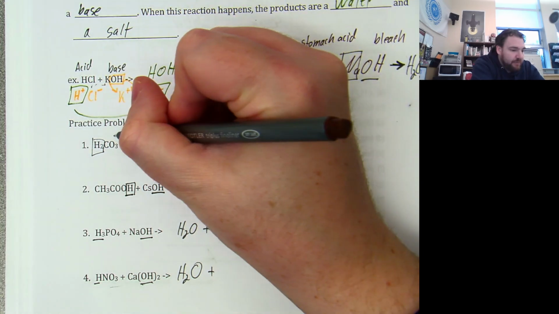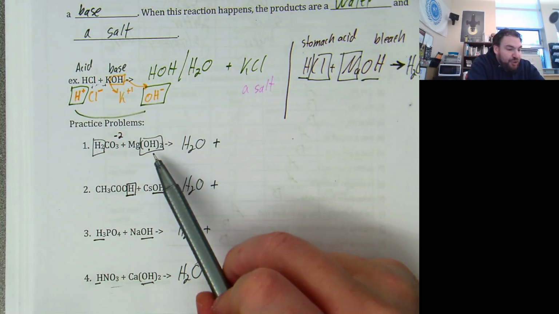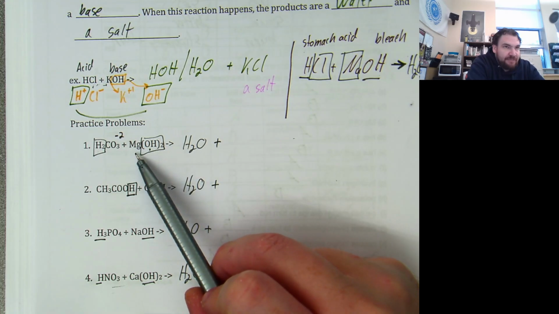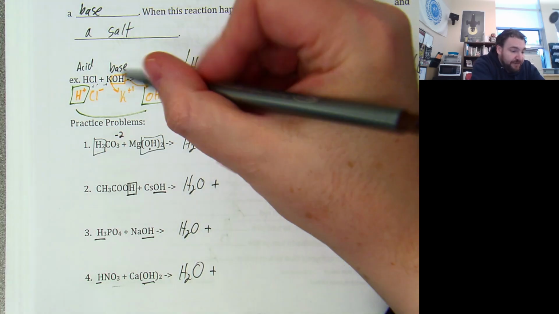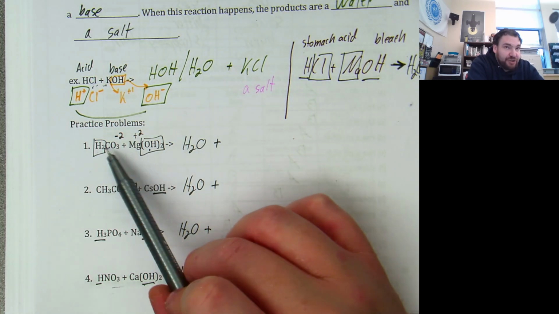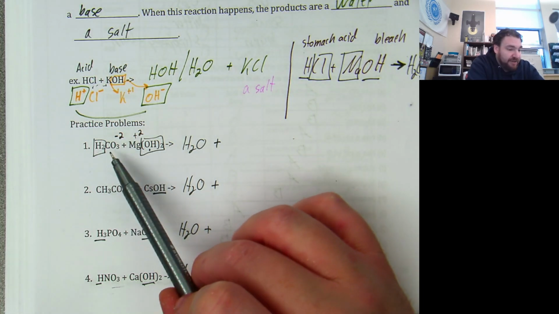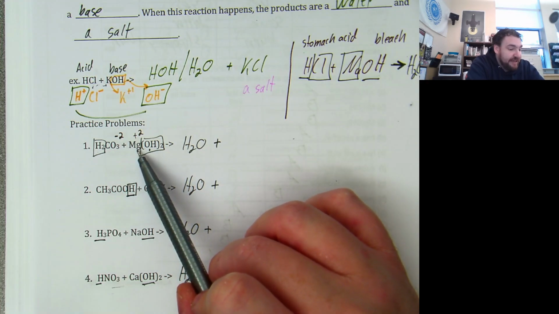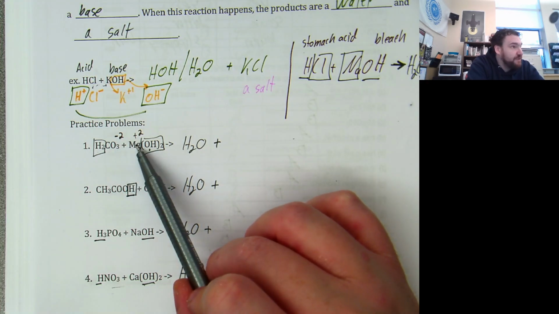-2. If I needed 2 OHs here to balance the magnesiums, the charge on magnesium has to be +2. So when I'm building this, I label the charges on my ions, and then I put these things together. If the charge on here is -2 and the charge on here is +2,